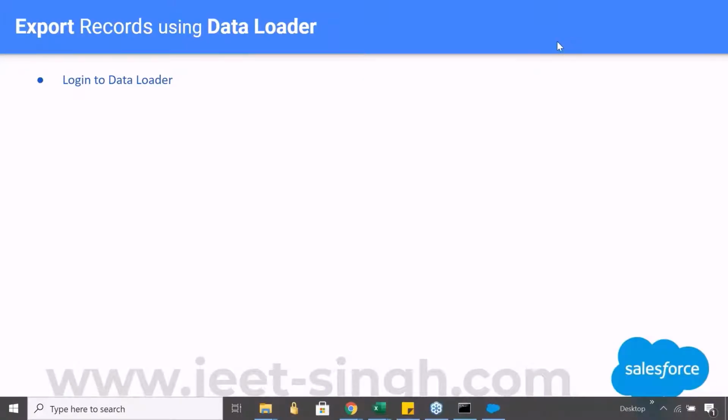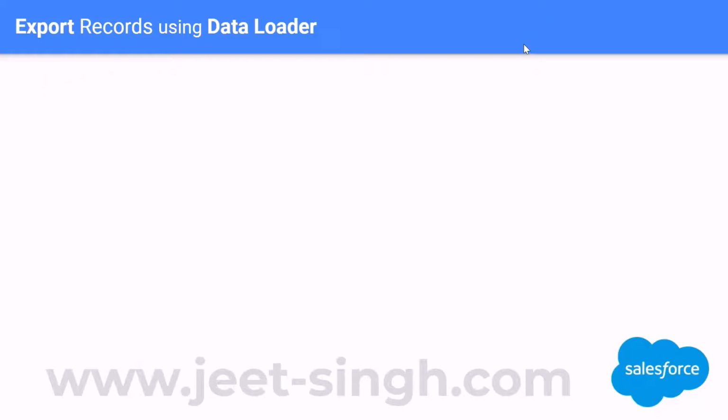If I want a copy of the data in my local computer, then I can do an export, just the way you export some file. So now everything is on the cloud in the salesforce.com server, but if you want to take out a copy of it and store it in your local system, you can do an export. This is the exact opposite of what we did in an insert.